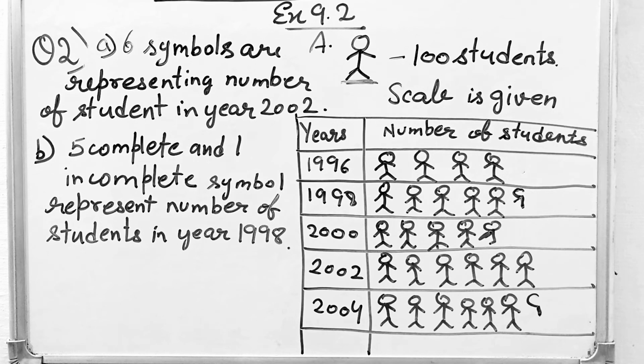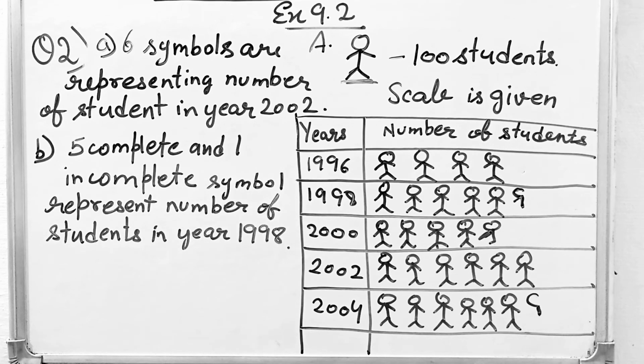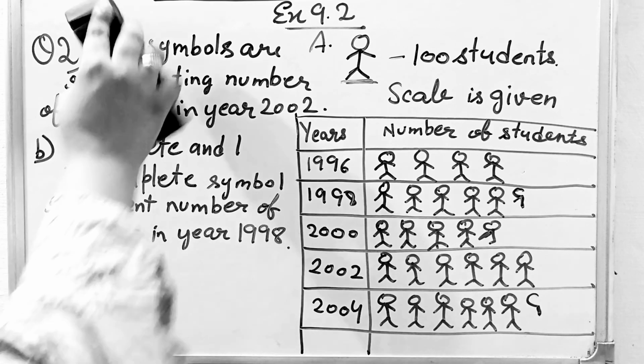Now there is another part of this question, and they are asking you to prepare another pictograph of students using any other symbol, each representing 50 students. And you have to tell which pictograph do you find more informative. Now you are supposed to find some another symbol for representing number of students, and that symbol will represent 50 students, and you have to draw another pictograph. So for that, what we will do,